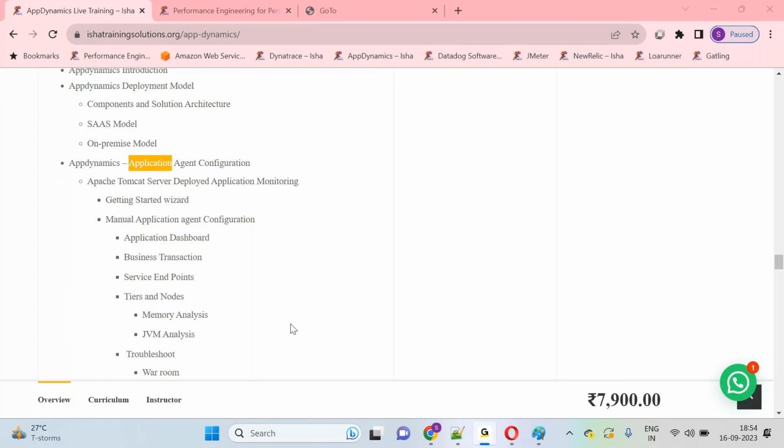Two applications we are going to cover. One is a Java based application, another one is a Node.js based application. So what I am going to do is guide you to do